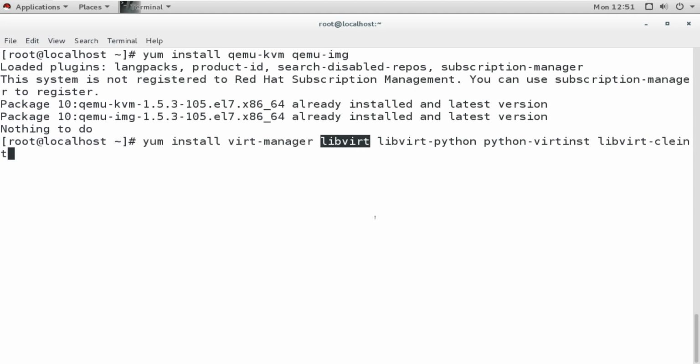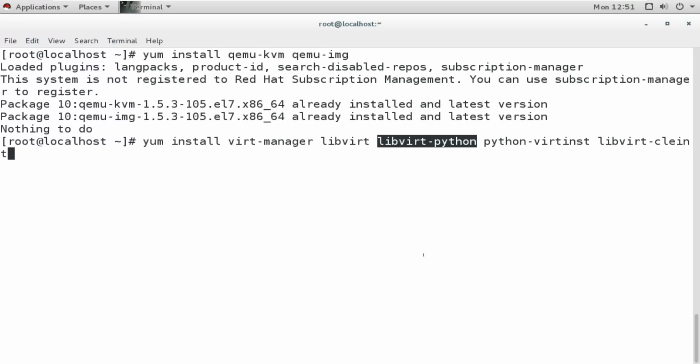This libvirt provides the host and server libraries for interacting with the hypervisor and host system. So this is the main library which gives you the ability to interact with your host and your hypervisor system. Then this libvirt-python contains a module to permit Python applications to use the libvirt API. So this one contains the modules to connect the applications to the libvirt API.